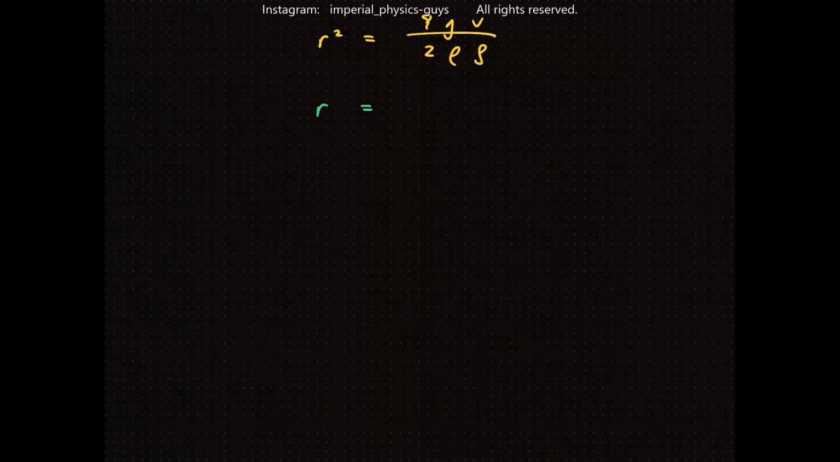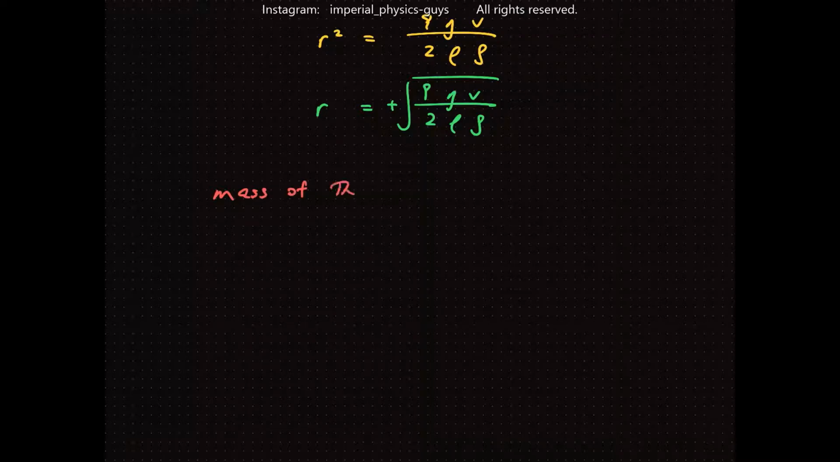I can take just the positive root, because the radius is some sort of length. We are not going to consider negative values. So the square root of 9 eta v over 2 rho g. We're taking just the positive root, and we can put it back into the expression for the mass. So the mass of the oil drop